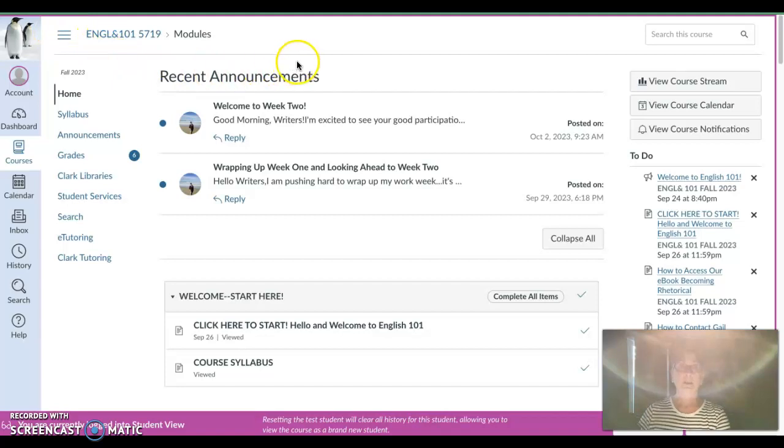When you are in your home page for Canvas, you'll see over here for the grades area, there's a number with a circle around it. This means there are 6 new grades entered. Anytime new grades are entered and you haven't gone in to check your grades, you'll see how many new ones you might want to go in and take a look at. So when I click into the grades area,